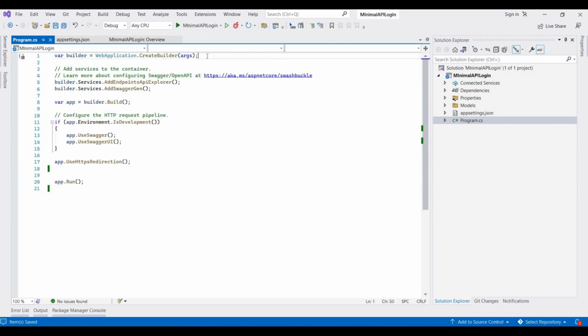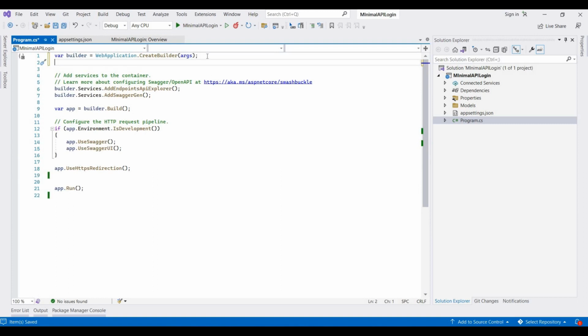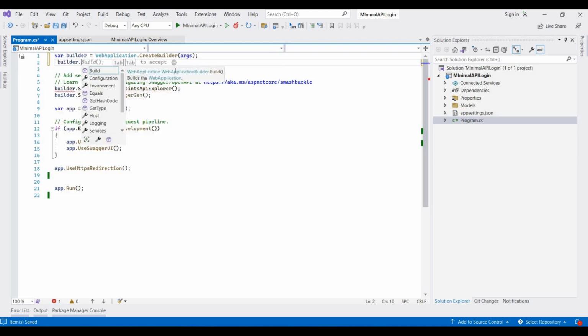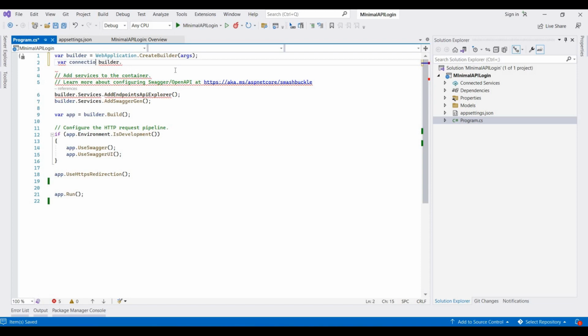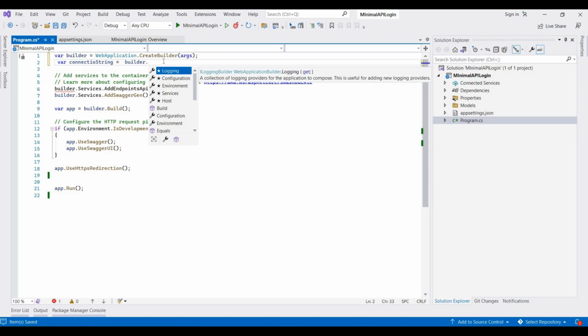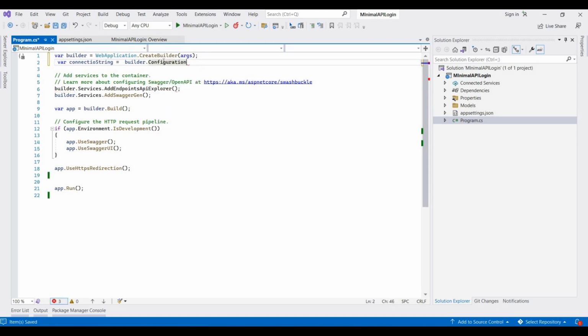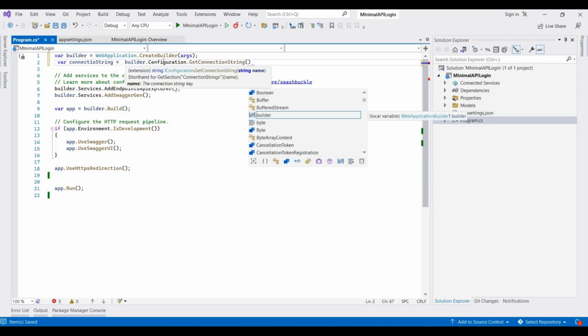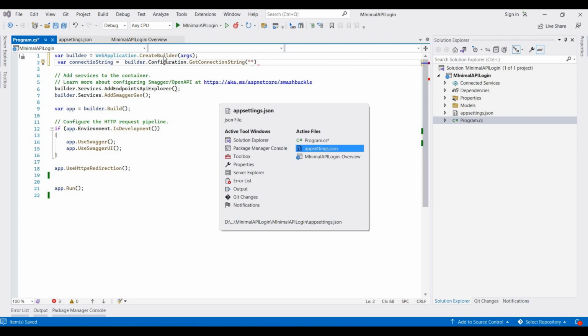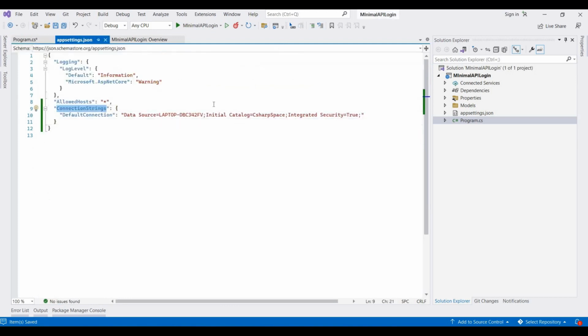So first of all, we need to connect the connection string with the Entity Framework builder. For this, I am adding builder. We first get a connection string from the configuration file. So it's where connection string, and then builder.Configuration.GetConnectionString, and then here we pass this tag. It's the connection string,